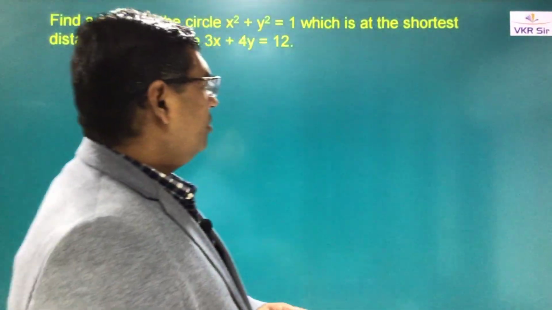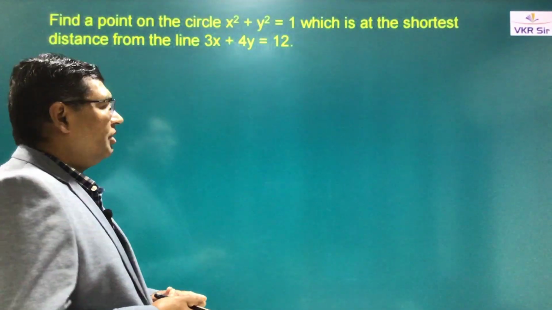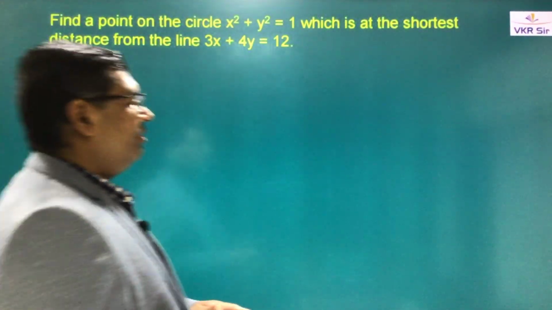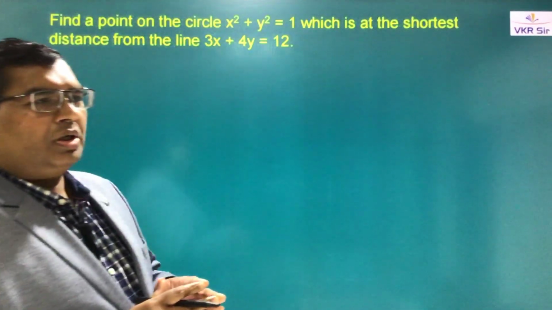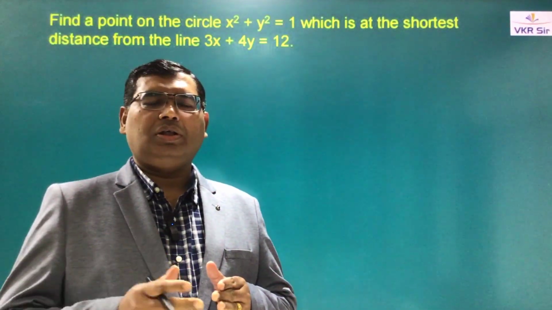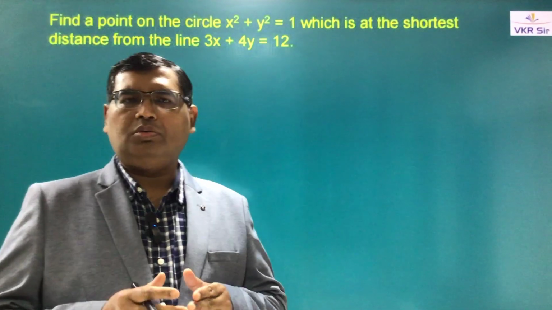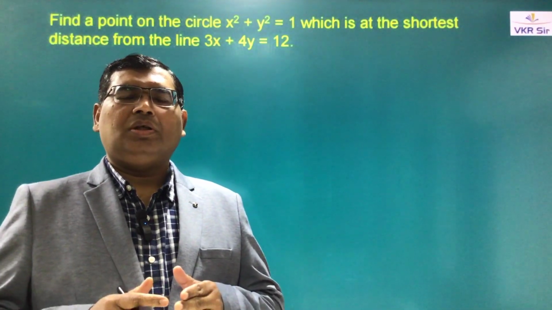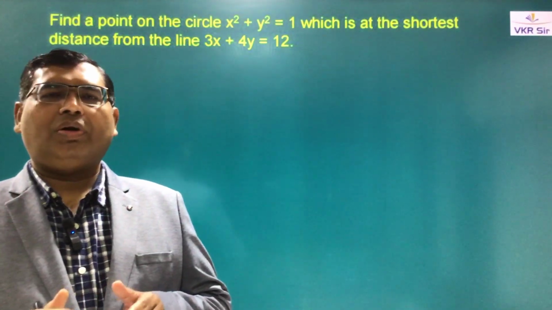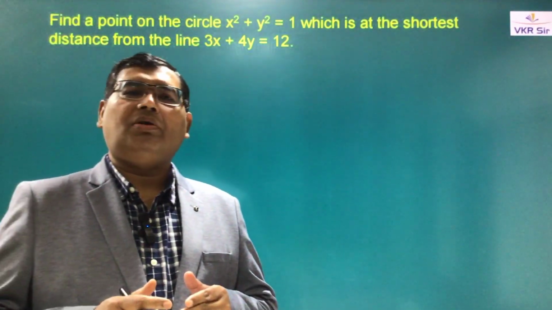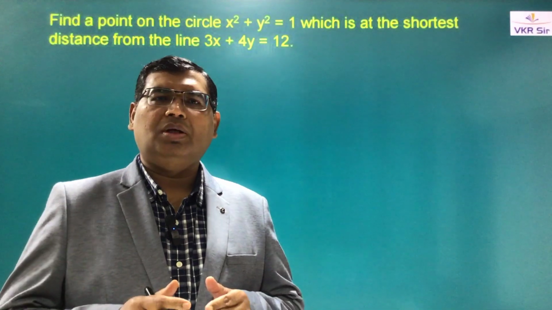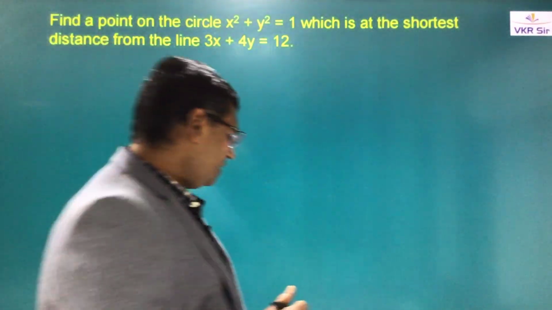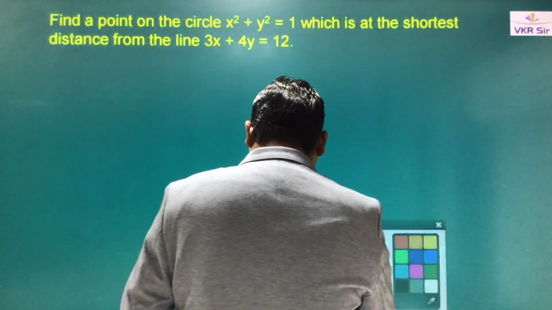Now, we have a concept here that whenever you want to find the shortest distance between two curves, the shortest distance is found along the common normal between the two curves. Common normal will be the direction in which the shortest distance will be found. Even the longest distances can be found along the common normal, because as a basic concept you can see that